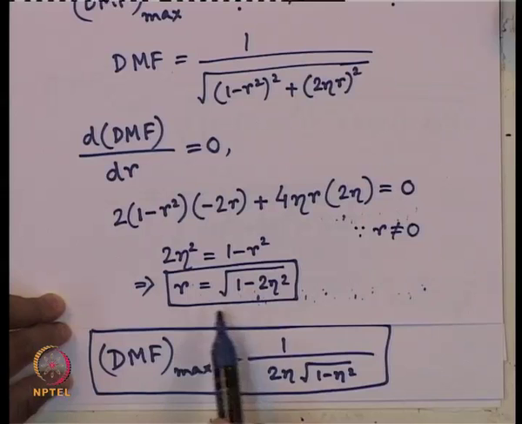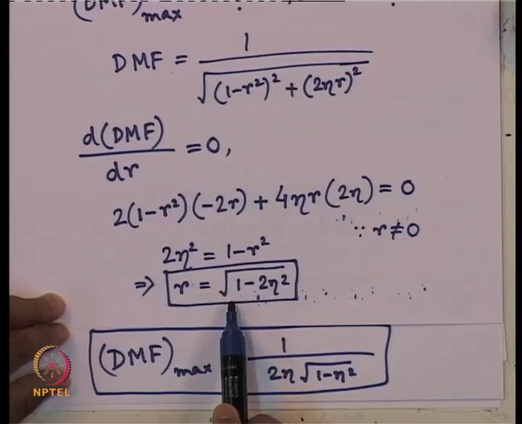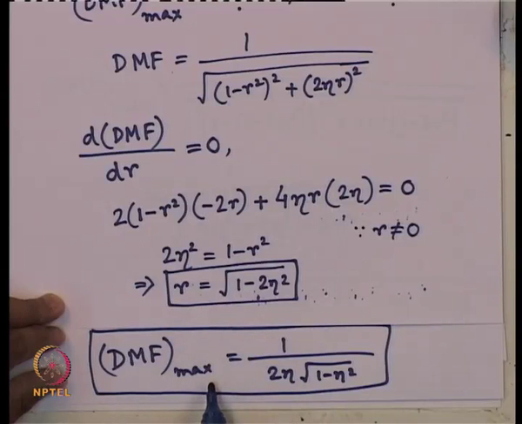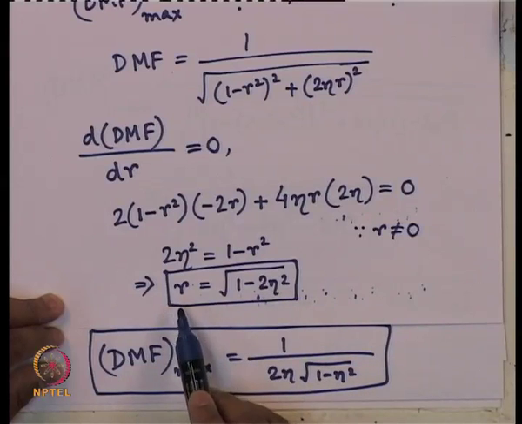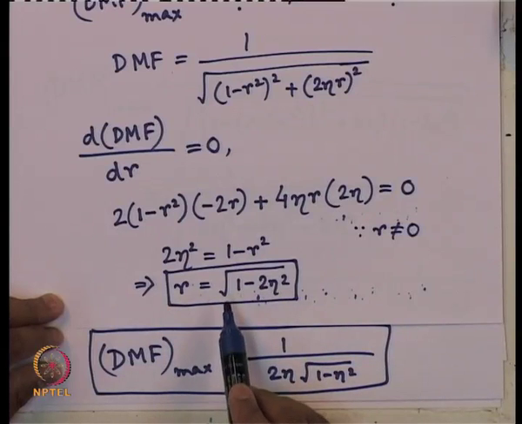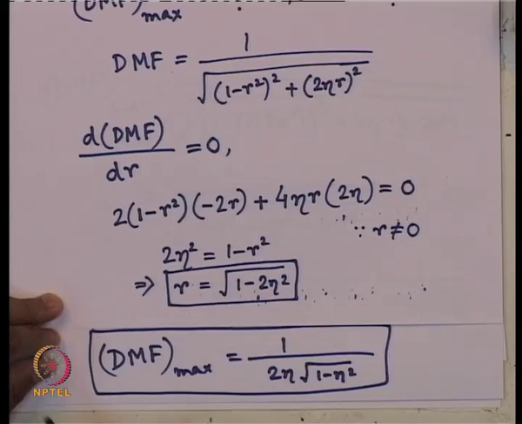Where the maximum occurs for the undamped case, that is eta equals 0 at r equals 1, which we have seen in our plot. That is, it becomes infinity at r equals 1. But when eta is non-zero, the maximum is not at r equals 1, but at a slightly lower value of r. That is why in the curve when I draw it, the maximum point is a little ahead of r equals 1,